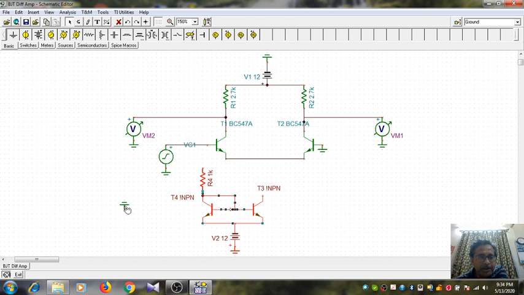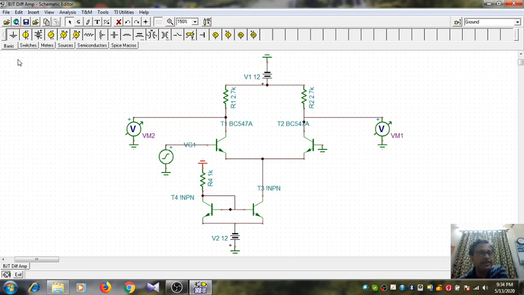So now, bring the ground connection here. Okay, and just connect these 2 points. So by means of a wire you connect this common emitter point to this. Okay, so that completes the diagram, but I will not do the analysis. That you have to do. A small home assignment, dear friend.